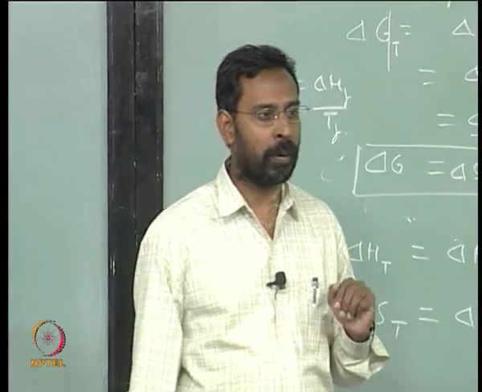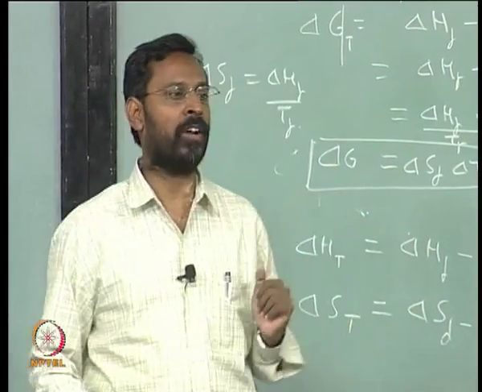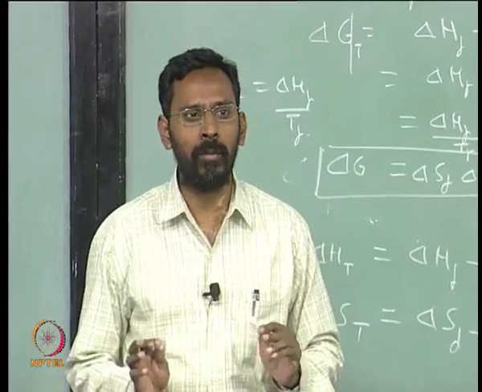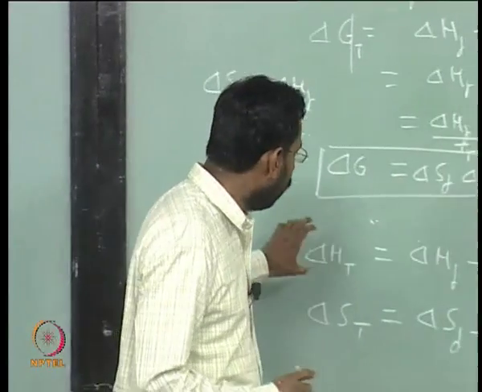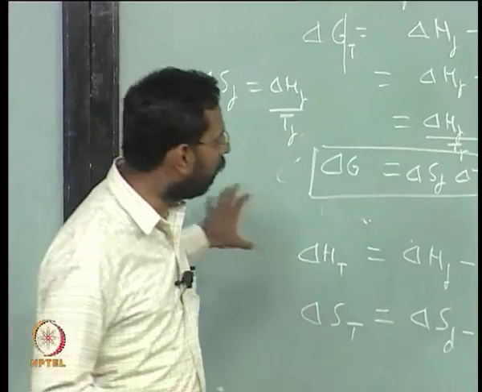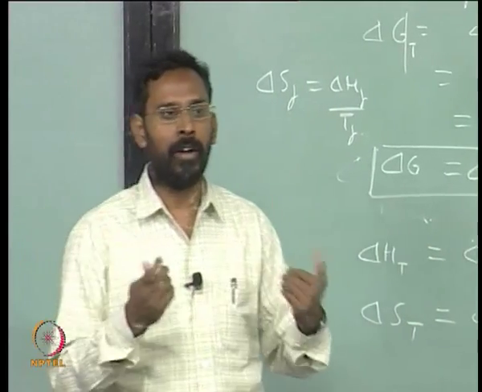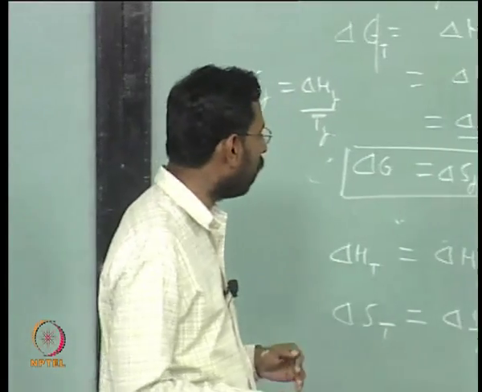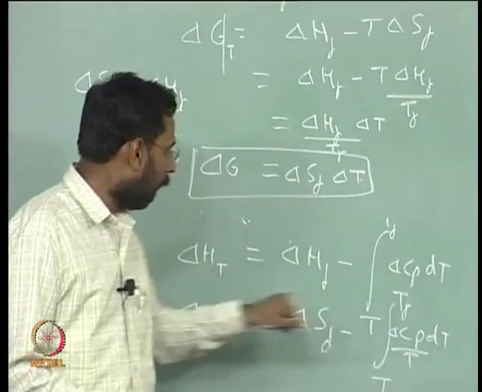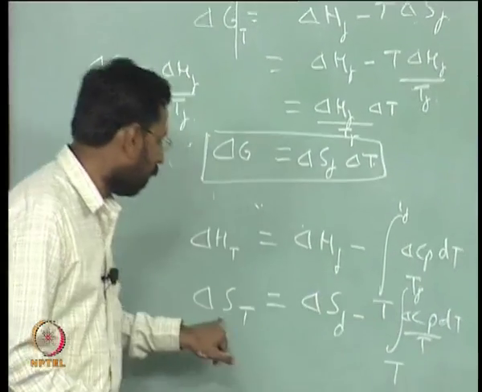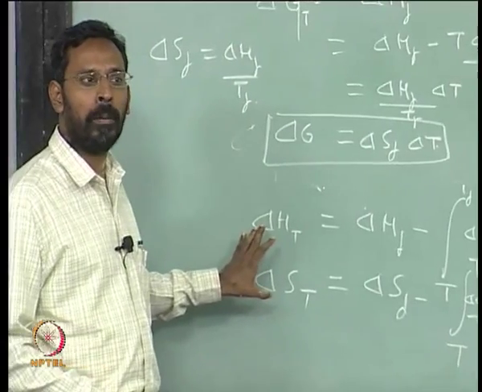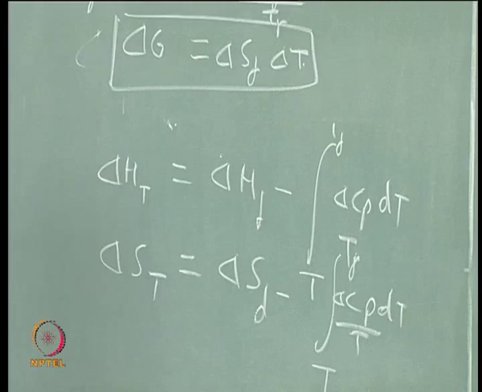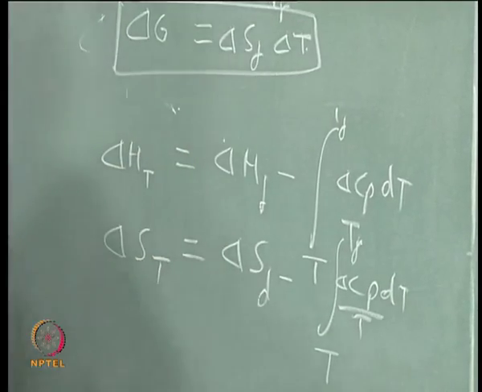and then try to conduct certain experiments on those systems where you can actually undercool the liquid and still measure the Cp of the liquid, which are definitely not metallic systems but other types of systems, and see if that delta G that you have calculated based on that formula, derived based on the assumption, matches with the actual delta G that is measured. How do you measure the delta G? By measuring the delta Cp. I can get this delta H and I can get the delta S, and once these two can be measured, I can find out what is the delta G at any given temperature, and see if it matches with whatever assumptions that we have made.